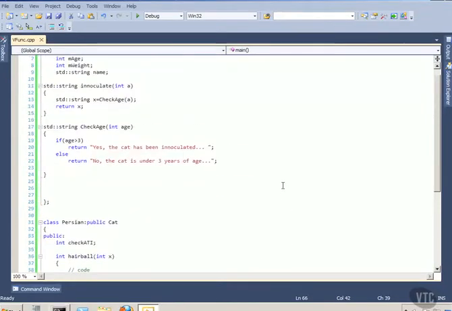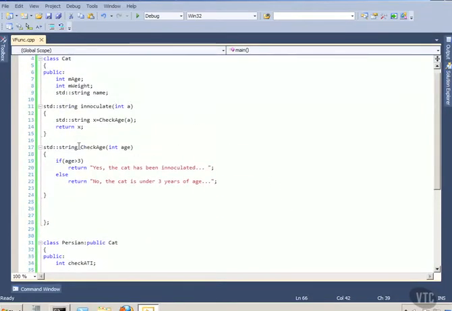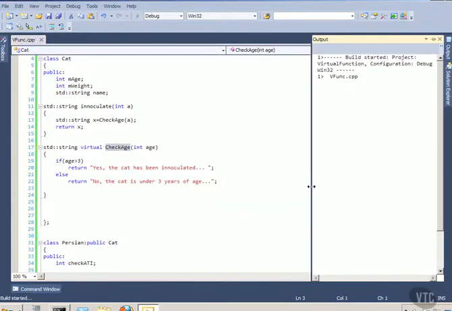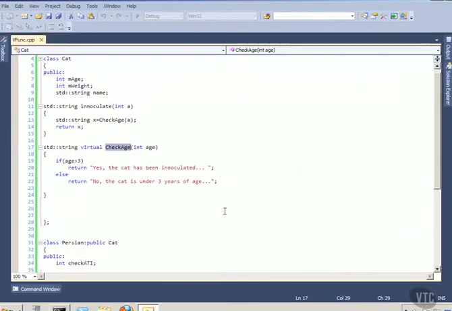Well, to fix that, I've got to give the compiler a hint that this is not the only check age, and the way I do that is to create a virtual function. Now this is very similar to marking a function as overridable in, say, VB.NET and those sorts of things. But this tells the compiler, hey, wait, look here now, there's a check age here, but it's virtual, meaning there could be others on down the chain in derived classes. And so by doing that little bit of magic, we recompile this thing and we run it,